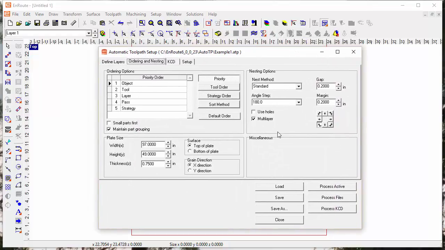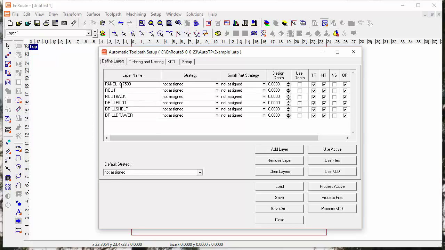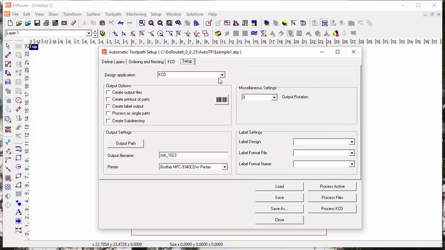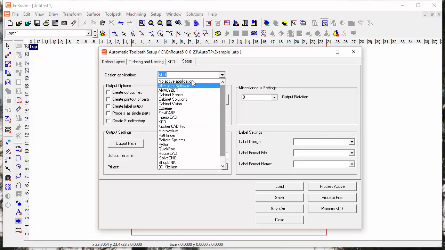So if you're working with other design applications, or you're bringing in DXF files or design information from other sources, automatic toolpath gives you the way to process those jobs in a couple of mouse clicks, and to set up strategies and all of that match the design that you're bringing in. We're compatible with a long list of other applications. Allmaster Software, KCD are two of the primary ones, and then there's a long list of other applications that we're